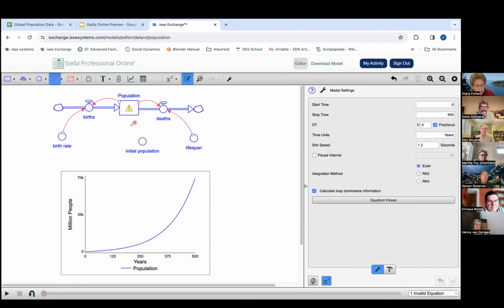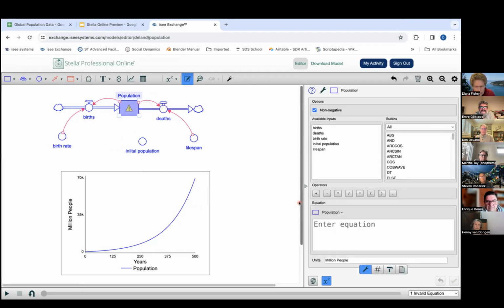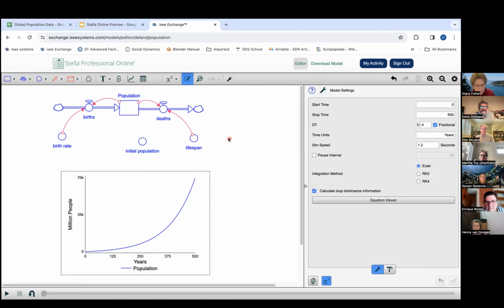One of the best practices here is that I cannot point directly from a converter into a stock. And it gives me this little alert that that's not allowed. Right, so I have my initial population. I should have the same